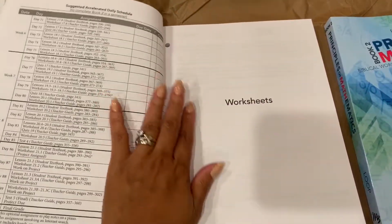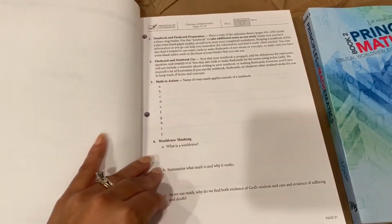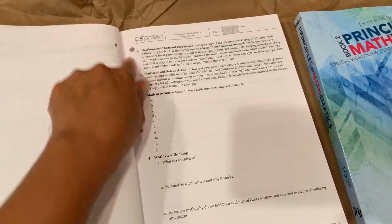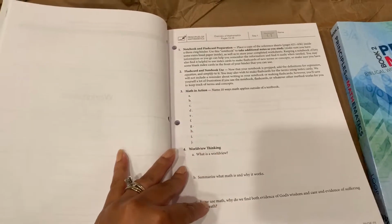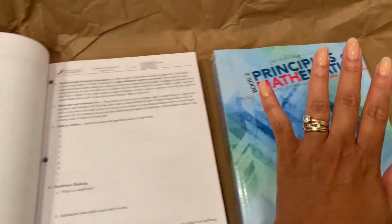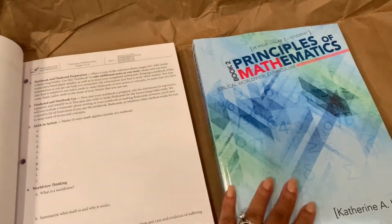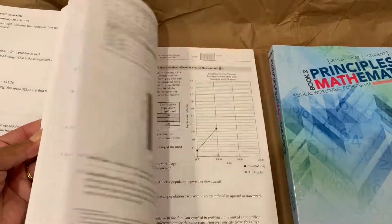And so inside the teacher guide, you will also have worksheets. You will pull out, tear out, it's perforated on the side, and you can tear out these worksheets. So if I am doing day 1 in this book, I'm gonna pull out the worksheet for day 1 and assign this worksheet with that, and so on. You have day 2, day 3, and it follows that same pattern all the way through